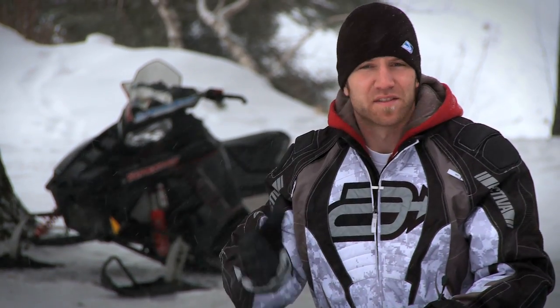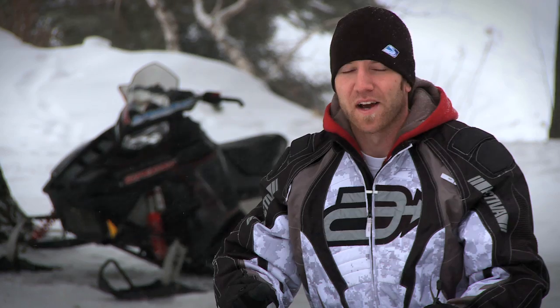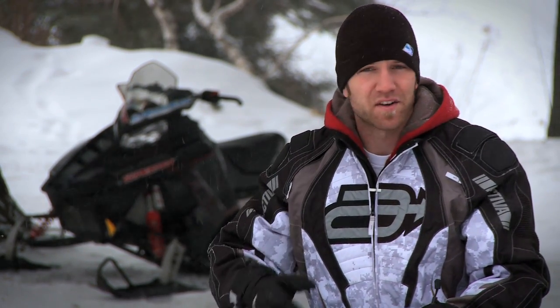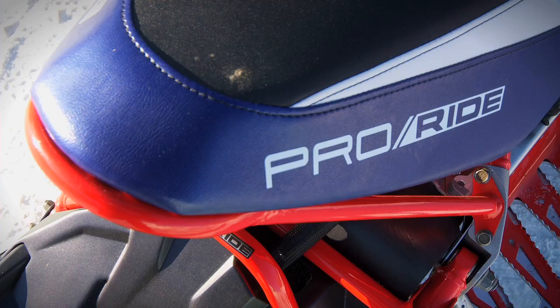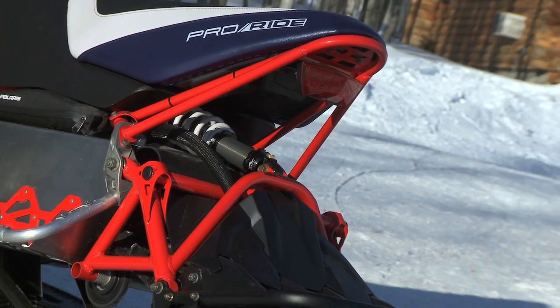Understanding the name of sleds can sometimes be the biggest hurdle to get over in this business. At first, I didn't realize that ProRide was more than just a rear suspension for the Rush. Helping us understand this better is Chris Wolf from Polaris. ProRide is a platform that serves as the future for Polaris snowmobiles in different segments. We started out last year with Rush in the ProRide platform, and this year we're expanding with RMK and Switchback